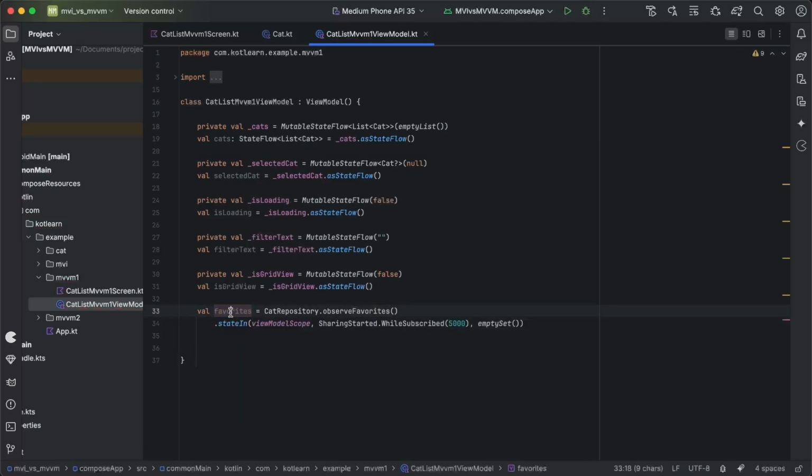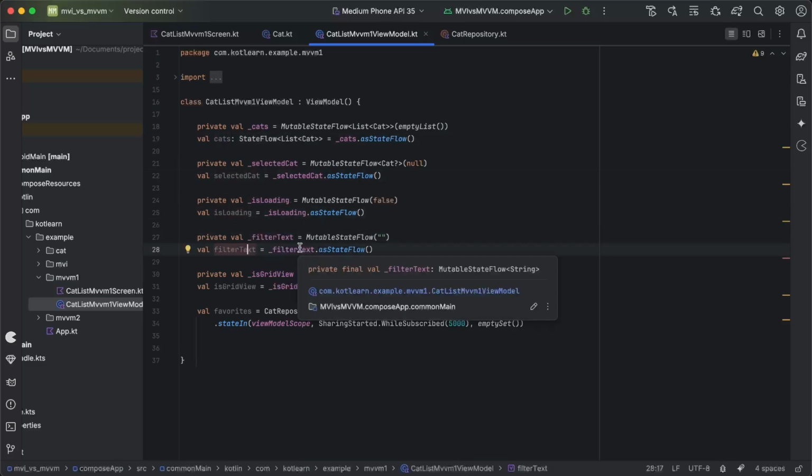For the set of which cats are favorited, we'll use our observe favorites function in the cat repository. Hopefully it's clear enough what each of these properties will do, but it should become more apparent once we actually